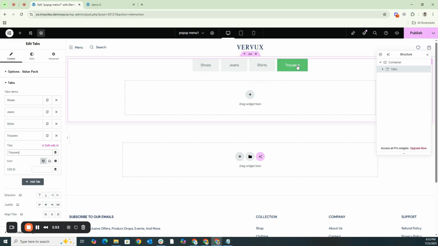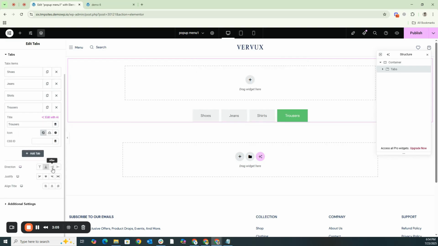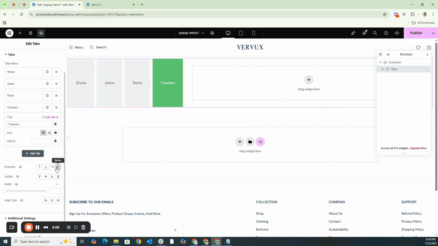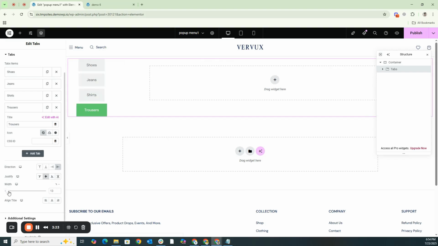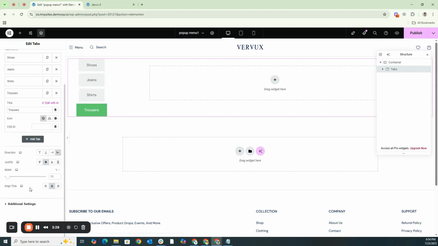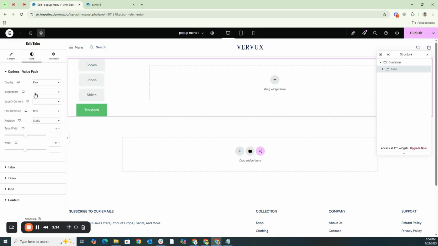It depends on us whether we want to place them at the top, on the side, or at the bottom. We have settings below that let you choose where you want to display them: above, after, or before. We will select before and display them before. After that, we have the option to justify them to the center. When we center them, you can see that they will align online. We'll further adjust their width. We have adjusted their width, and we will center the line titles as well. These are basically our initial settings. If you want to change the styling further, you can go ahead and do that.